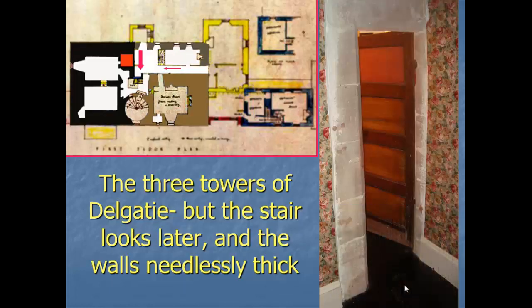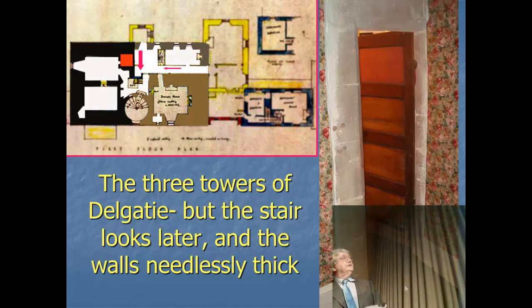So the probability arose that Delgatie is actually three towers. One, the oldest here, two built on the end, and then infilling three. The original tower, single chamber per floor, probably, as old as you want to make it. The later tower, originally two chambers per floor, built in the west end, possibly early 16th century. And then these are certainly late 16th century additions to make this huge parallelogram. The wall with red, however,